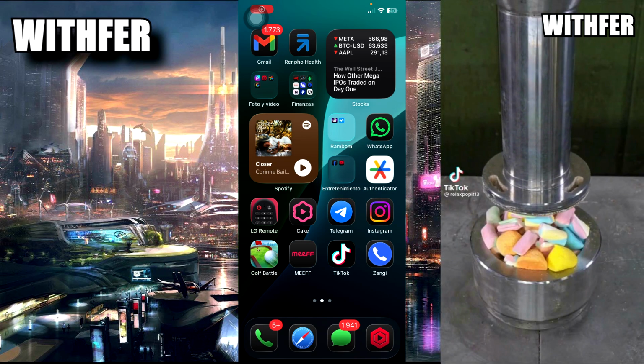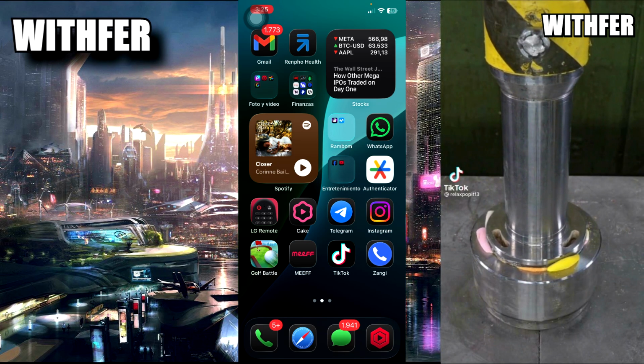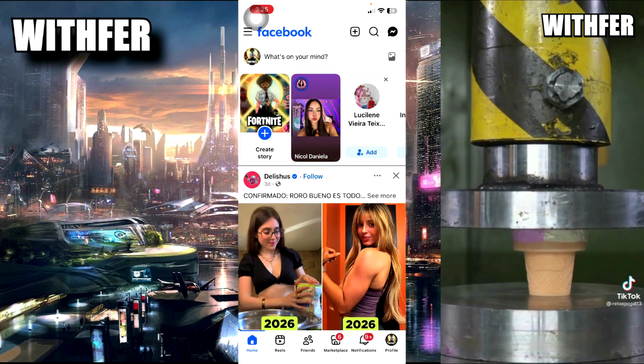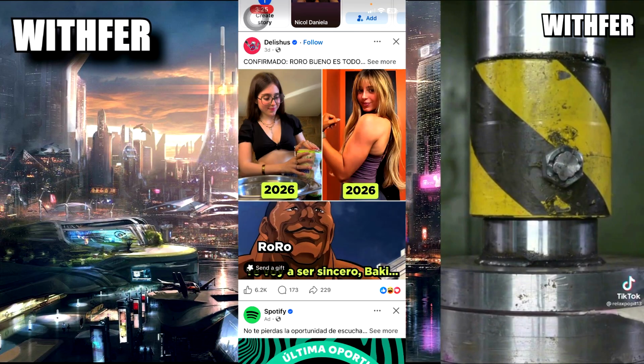Hello everybody, today I want to talk about how to put music on Facebook profile on iPhone. Now let me show you. Remember, update your app first, okay? That's so important. Update your app.